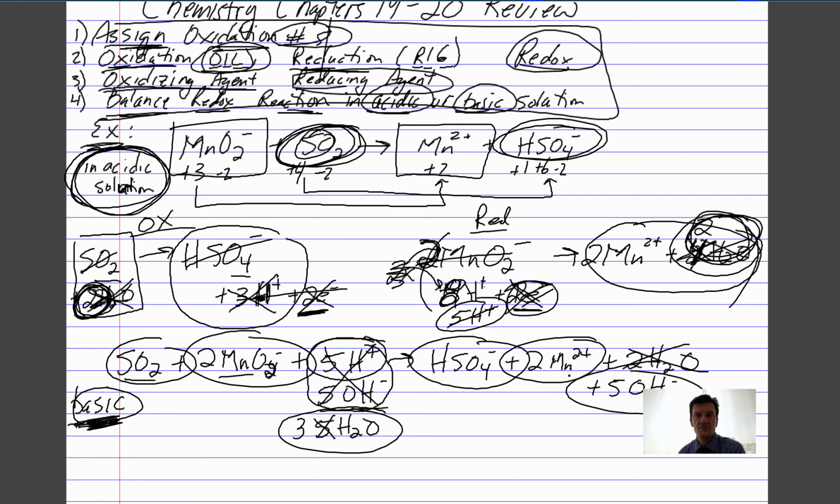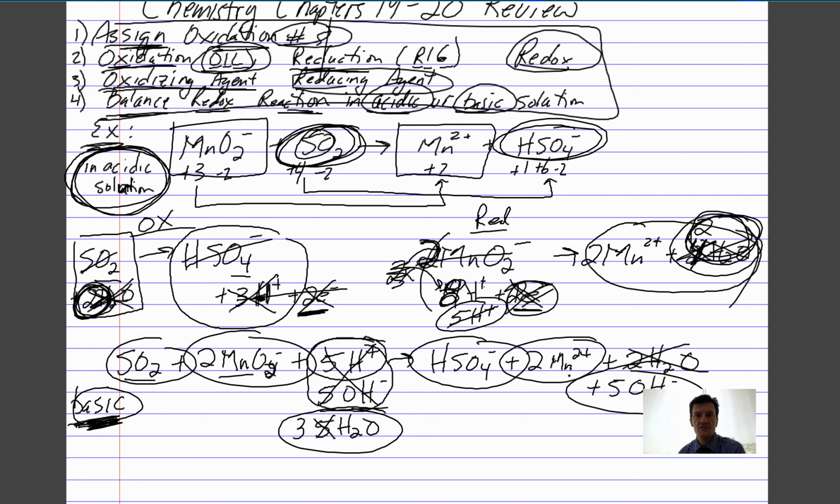So that's just a simple little thing at the end that you need to be aware of in case it says basic solution. By the way, that one problem showed you everything you need to know for assigning oxidation numbers, oxidation reduction, balancing the redox reaction. Everything from chapter 19 is in that balancing the redox reaction problem. Okay? All right, let's go to